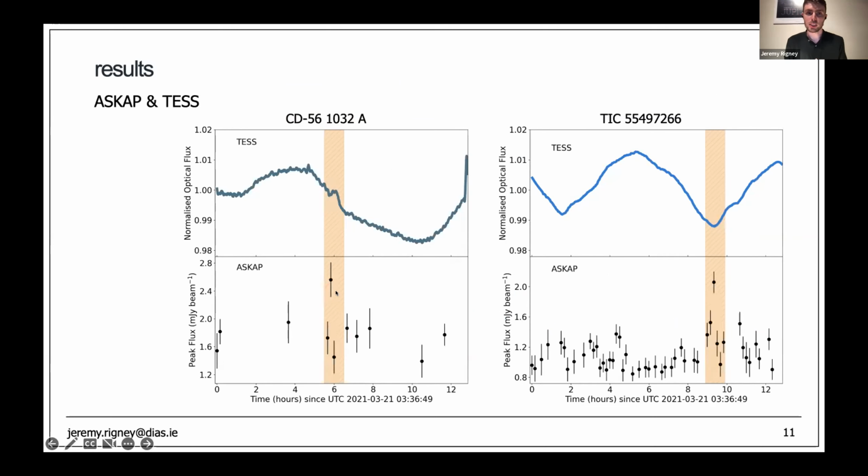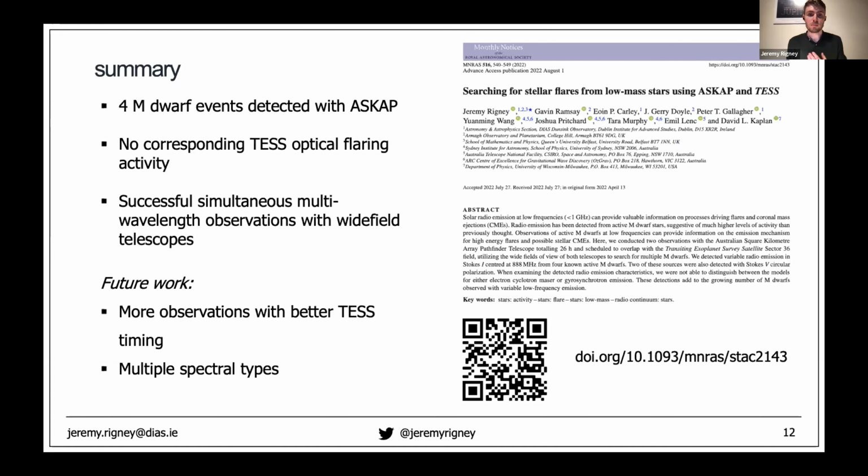So zooming into these regions for these 2 stars, what you'll notice is that we do have radio peaks. And one of them appears to correspond to some sort of optical brightening event that doesn't match a typical flare profile, but it does require more investigation. But what you're seeing here is that we do have some simultaneous radio and optical emission from many M-dwarfs in one observation. And this is kind of what our research wants to highlight.